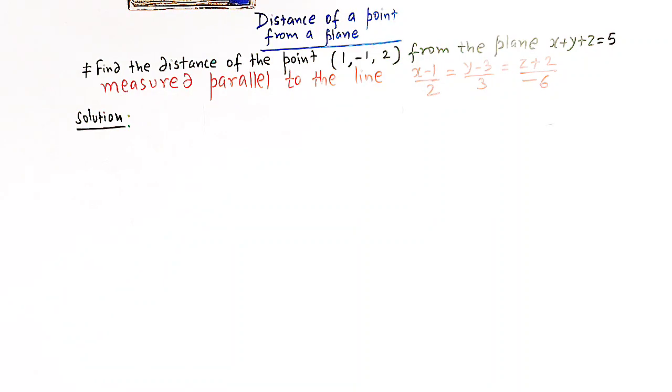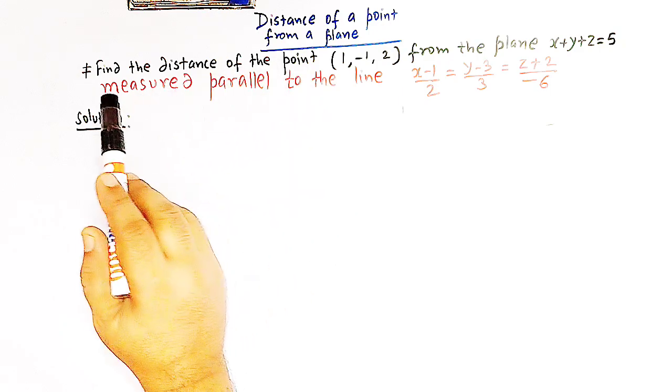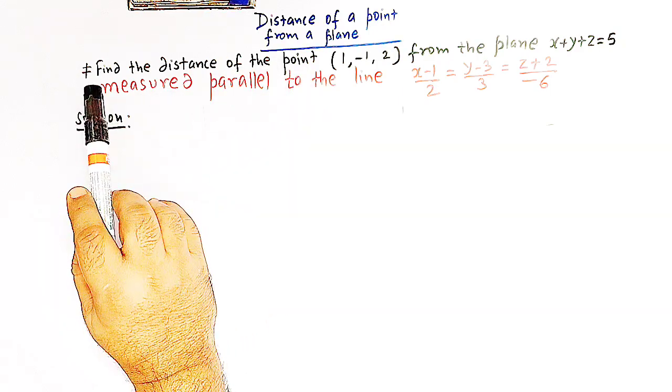Hello viewers, in today's session we are going to discuss another important conceptual problem from three-dimensional geometry. And here in this class we are going to find out the distance of a point from a plane measured parallel to some given line, right? So here our topic is distance of a point from a line, and here we have this problem: find the